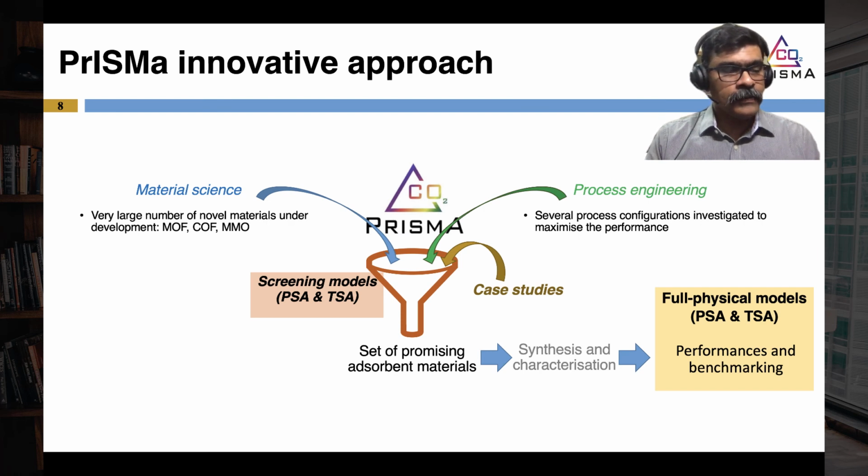So I'd like to finish off by emphasizing the innovative approach that we use in PrISMa. Once we take the screening, which is a combination of material science and process engineering, to identify promising candidates, these are synthesized and characterized in the lab, and then the detailed material information that is available after the synthesis and characterization is used in full physical models, which are computationally intensive, and they are used to develop detailed performance analysis of the adsorbent processes in the selected case studies and benchmark them against other